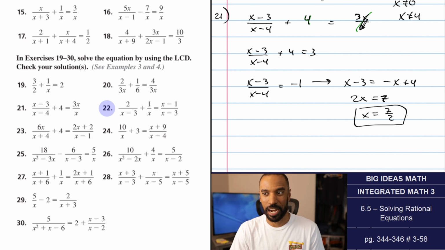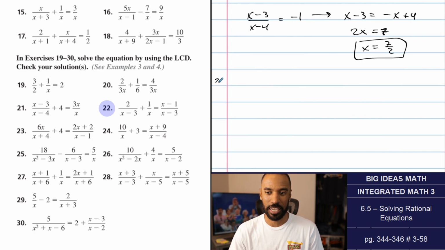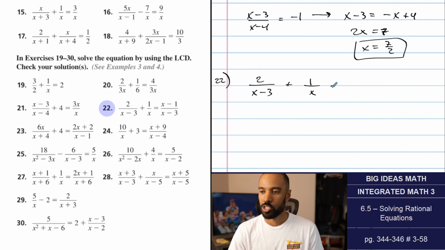I'm fine with canceling that out because 0 is not allowed as a solution. You can't cancel them out in other situations where it is, but that one's not allowed. So we'll do that in another problem. Speaking of which,